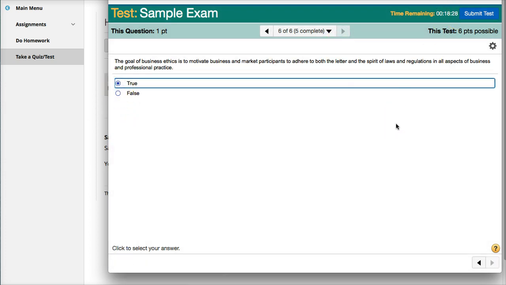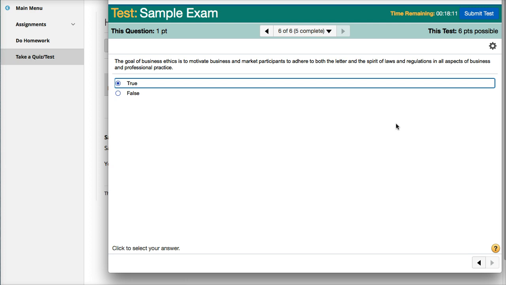Once you sit down to take the test, make sure you have a full amount of time. I'm going to give you about 3 hours to take the exam. I think it's 3 hours. So make sure when you sit down, you have 3 hours to work on it, because once you start, you can't stop it.